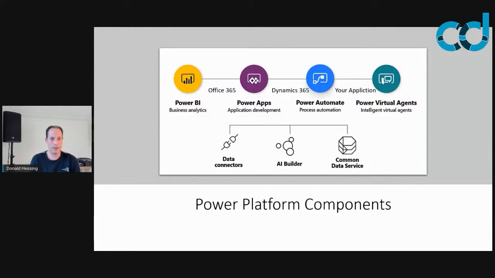Now, to step into how you connect to the data, there are two flavors. You can either use one of the 300-plus or so data connectors, or you can use the Common Data Service. And we will talk more about Common Data Service later on. But basically, it's a service that brings a set of data capabilities, but also the ability to extend and add business logic by, for example, creating a webhook to an Azure function.